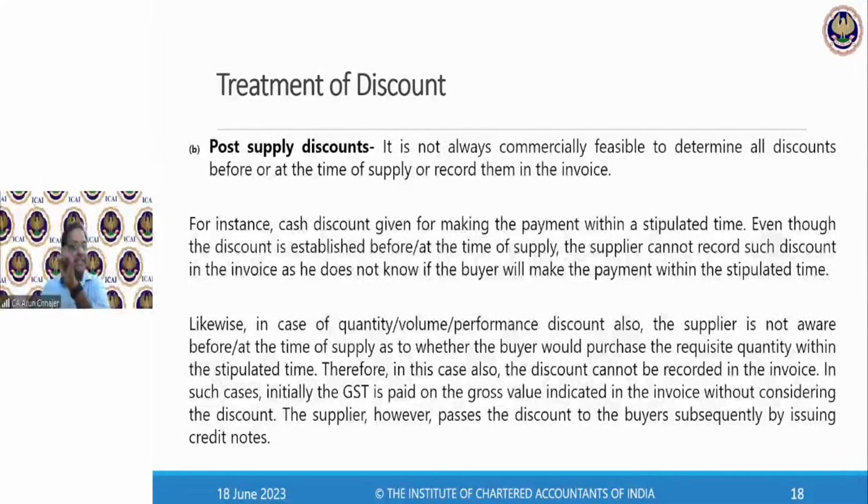When A raises the tax invoice to B, will B take the ITC or will B reverse the ITC? Please tell me first: if A issues a tax invoice to B, will B take the input tax credit or reverse it? Will B take the ITC or reverse the ITC on the tax invoice?